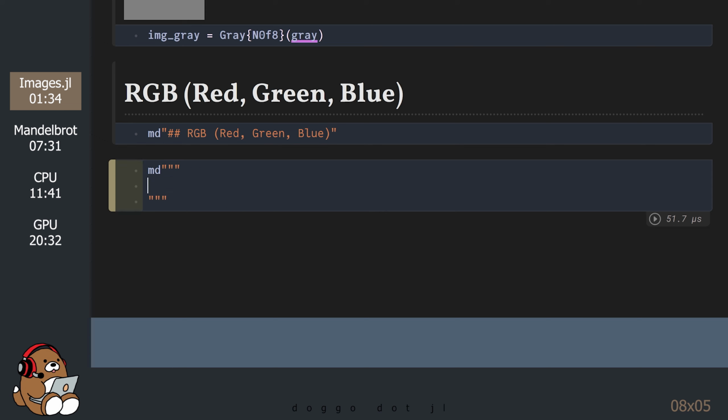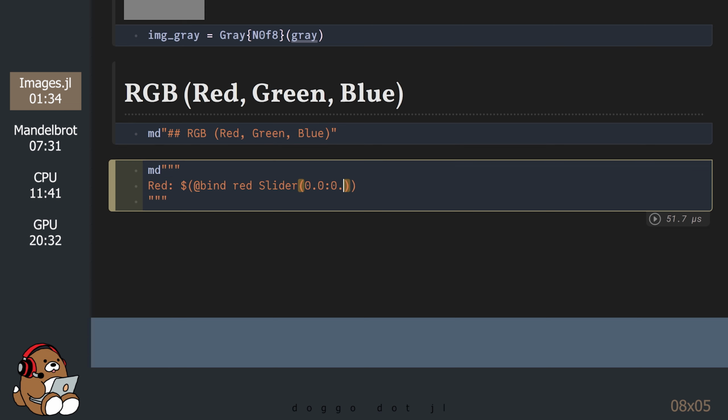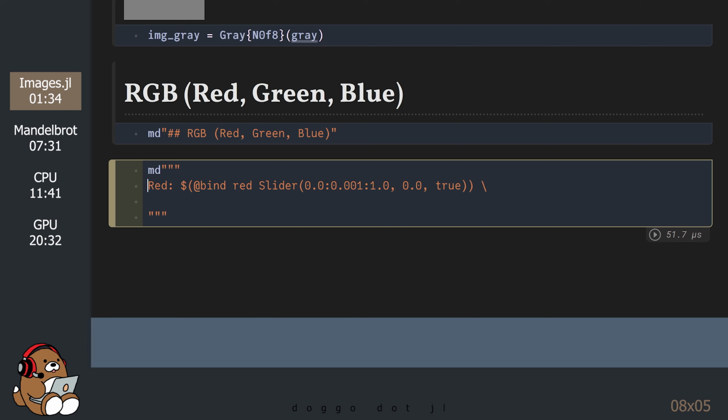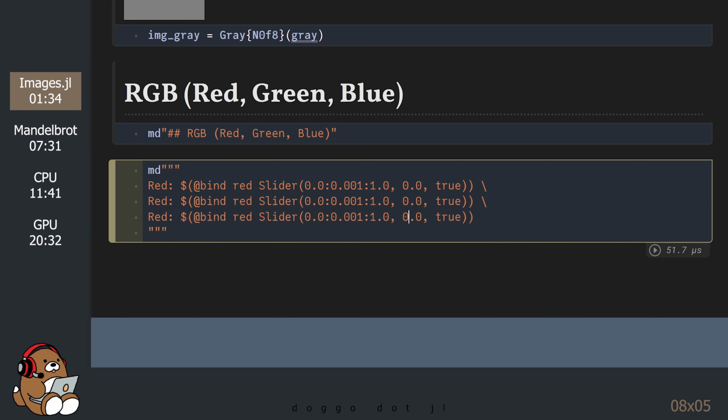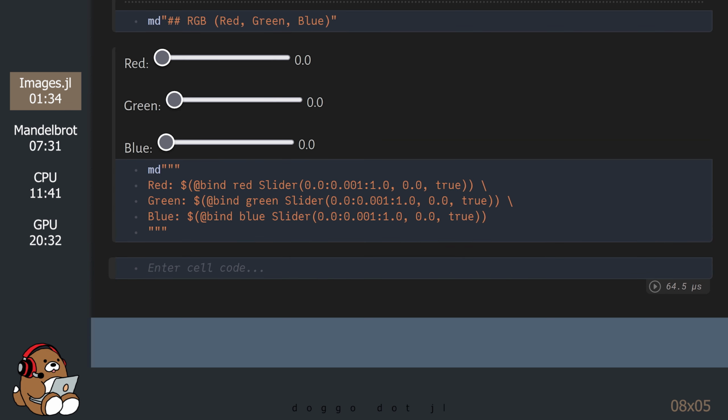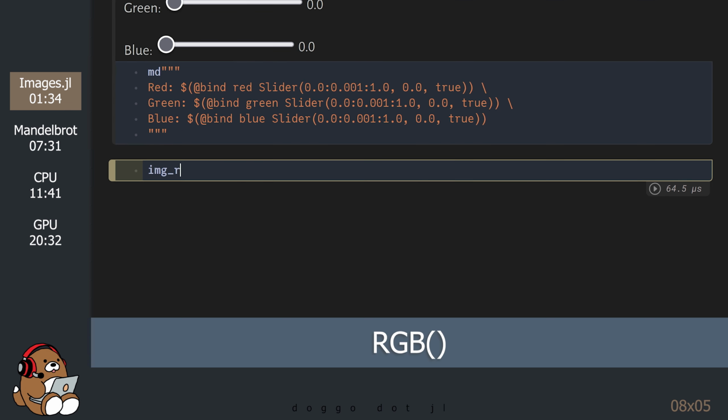Again, we can use sliders to see this. In order to display it, all you need to do is call RGB.